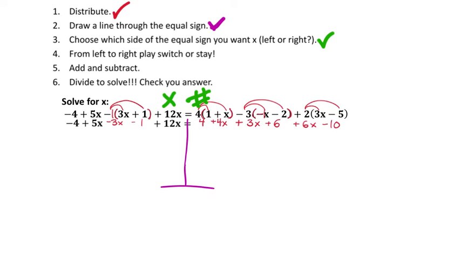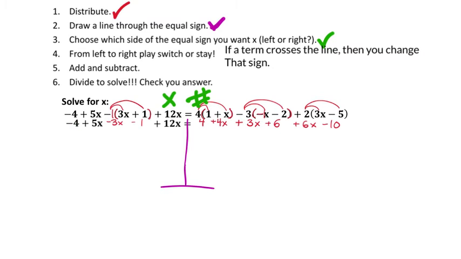I checked. Next up, play from left to right, the switch and stay game. Okay, so with the switch and stay game, one thing you'll need to know is if a term crosses the line, then you change that sign, okay? And that's how you're gonna play the switch and stay game right here. So, now that we have that, let's start over here on the left with my first term, which is a